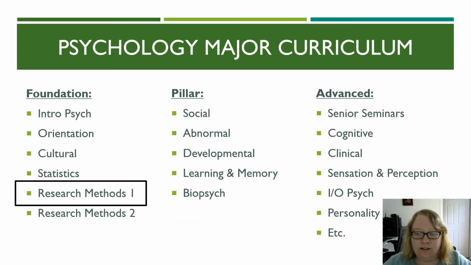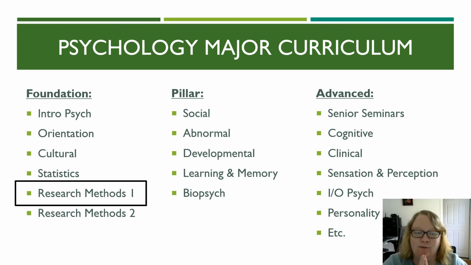All right, now here on the slide, you can see a little map of the psychology major curriculum. We talked about this on, I think, the first day as well, but it bears repeating here. So if you think about the psychology major, it's kind of divided into these 3 different levels of classes. You're starting out in the foundation classes, so everybody's done intro psych already. You're taking the orientation of the psych major class, you're taking cultural psychology, you're taking stats for psych, you're taking research methods 1, and once you've completed all 5 of those foundation courses,